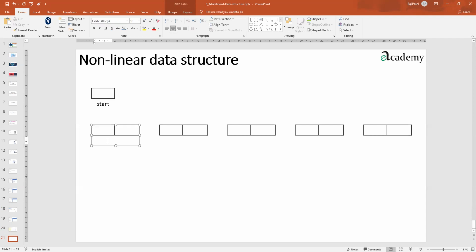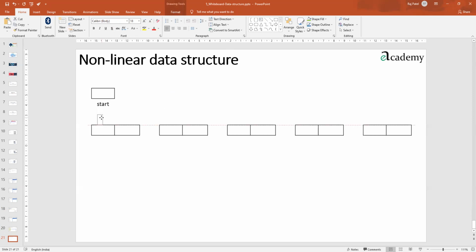But before that, I'll make a note of a few things. Information for you all: in this particular box is the data which is being saved inside it.